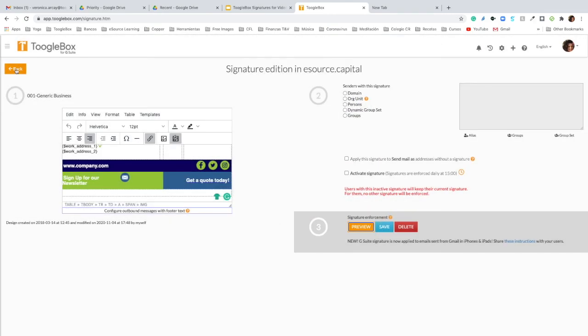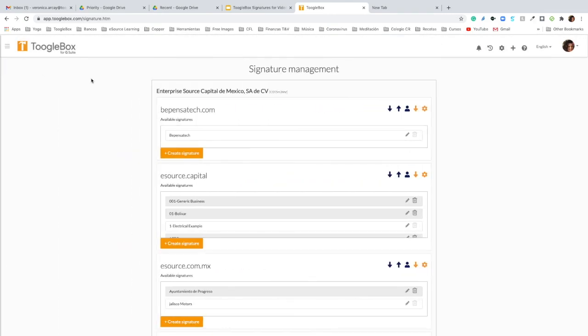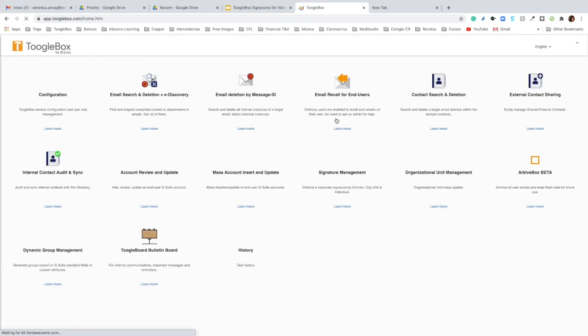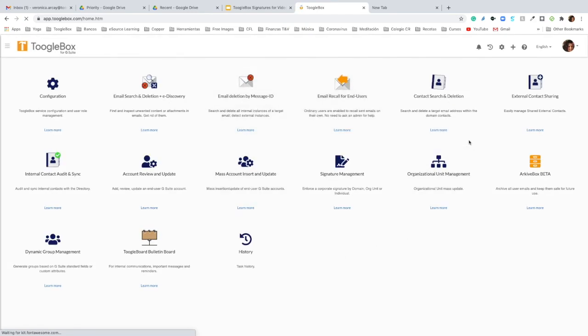So with this, we have finished this introductory tutorial for signature. Designing a signature takes time and a lot of tips that you have to use in order to get a nice signature. But if you need more information, you can